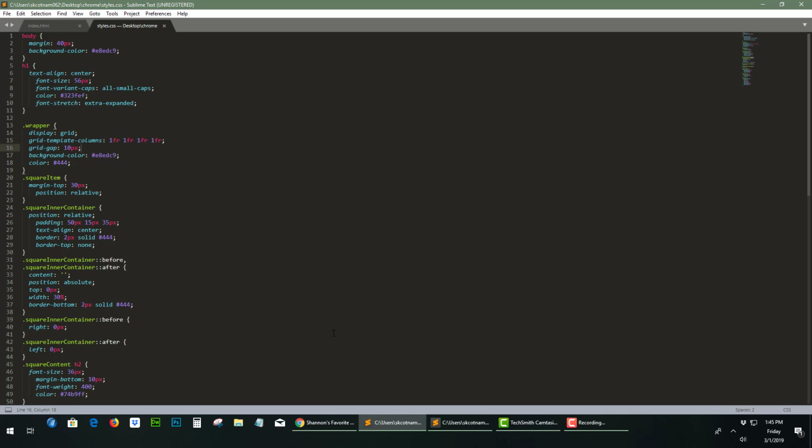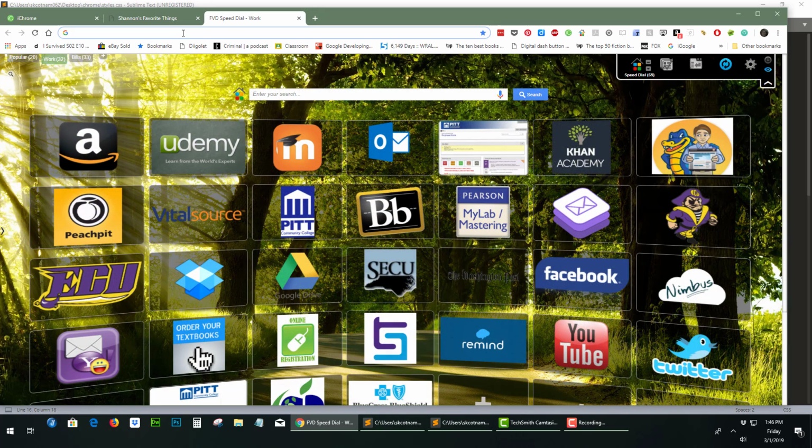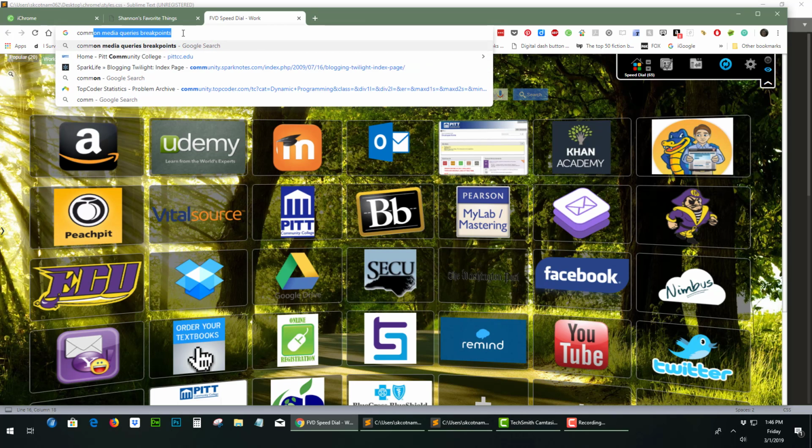We're going to give it a small size and say if it's a small size, let's just have 1 single column. If it's a medium size, let's have 2 columns, and then we'll keep this 4 columns for a larger size. And there's lots of websites you can find that tell you the common breakpoints. It's kind of a judgment call which one you use, but W3 Schools has a good one, so I'm gonna,